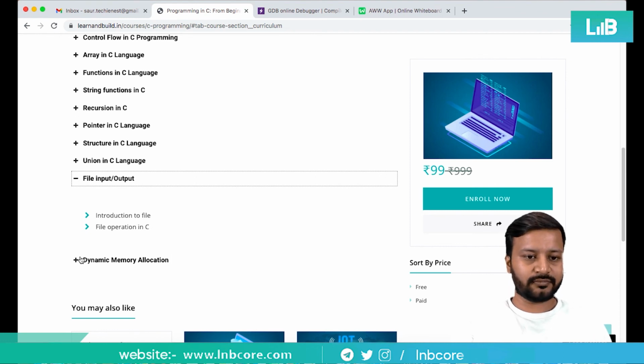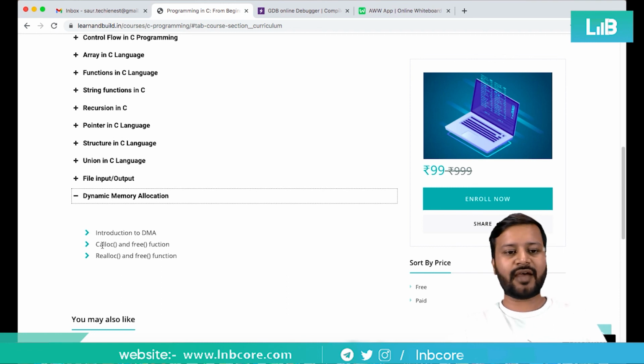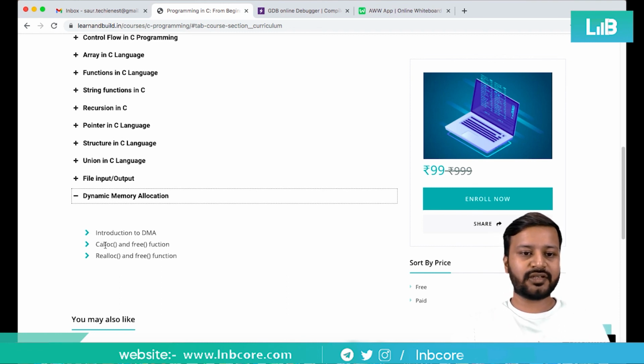And then we'll be working on dynamic memory allocation, and there we have four important functions: calloc, malloc, realloc, and free. So how can we use those four functions basically? I'll tell you how to work with the DMA part